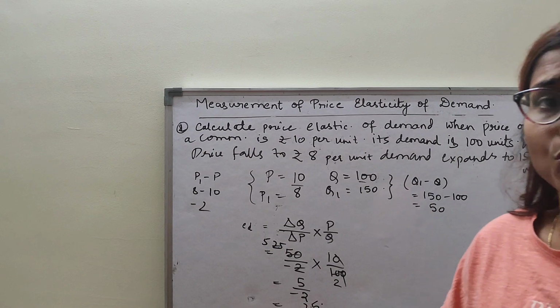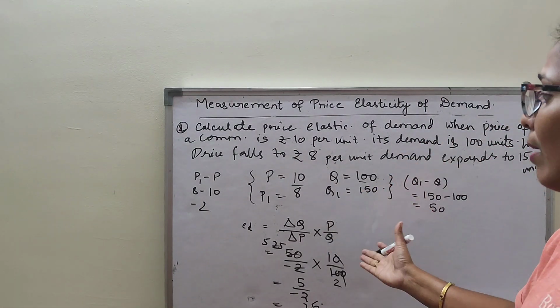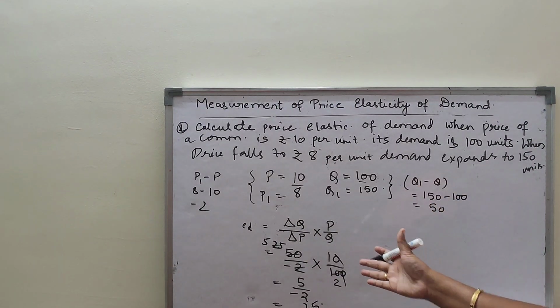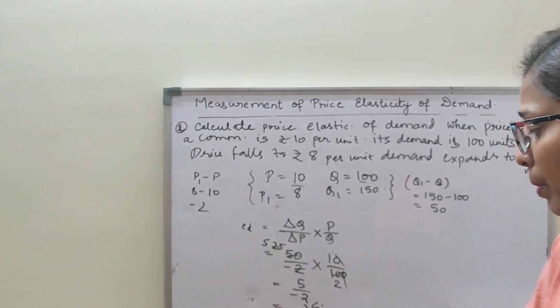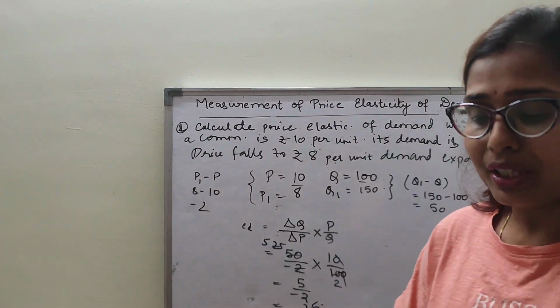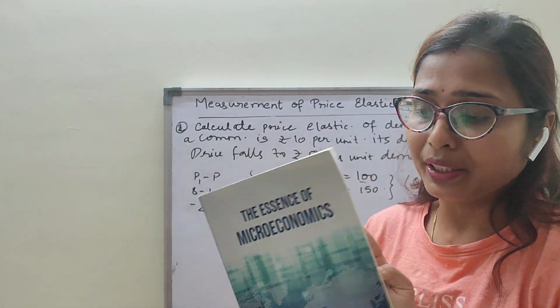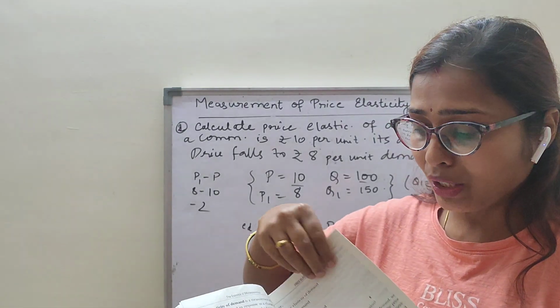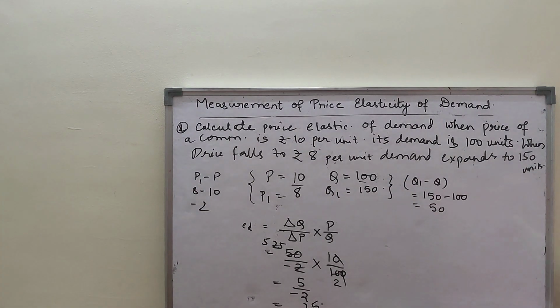This is one I have shown you in the percentage method, and second I have shown you in the units method, where you have to take out the change in quantity and change in P, and then solve the numericals. Many numericals are there, children, which have been asked in the board also, and you have to practice them. It is written in my books. This is also the essence of microeconomics. Please go through it. There are many numericals that you can solve on your own by seeing the book. Okay, clear this topic today.